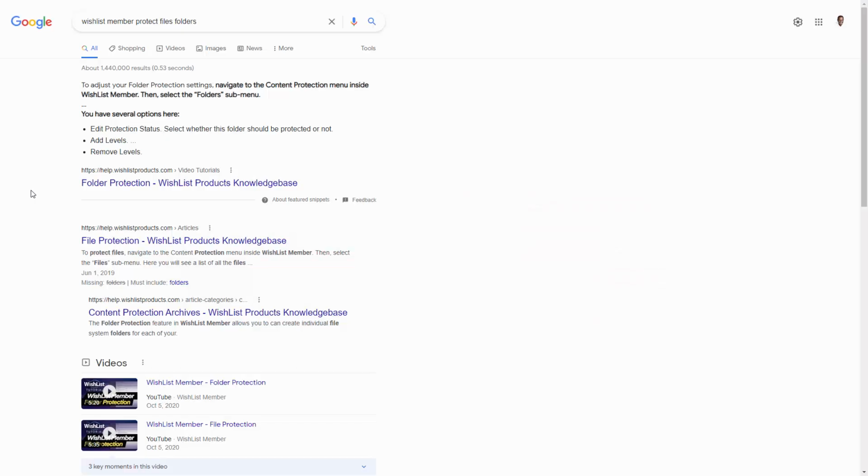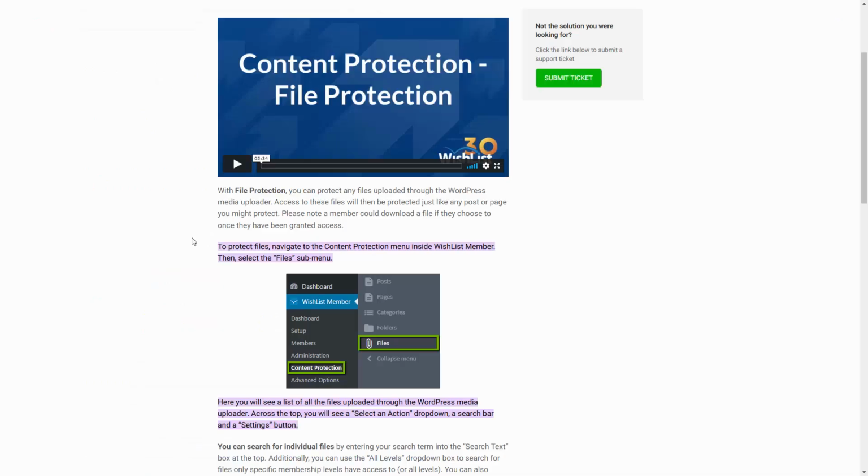You can also protect files and folders within Wishlist Member if you're going to be delivering your files, again, from the same domain where your Wishlist membership is going to be hosted. When you're looking at Wishlist Member, one of the things you'll notice is that for file protection to work, you will have needed to upload the files through a WordPress media uploader. And that's a specific way of being able to upload a file. And then if you've done that, then you can undertake the file protection using the methods that they give you